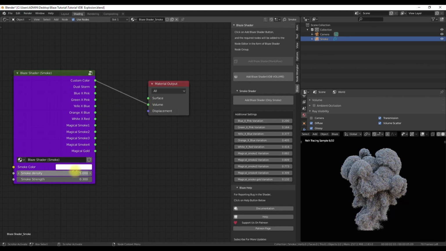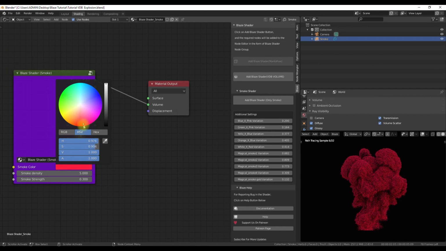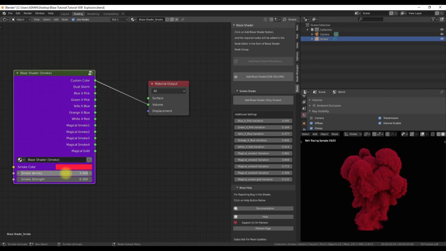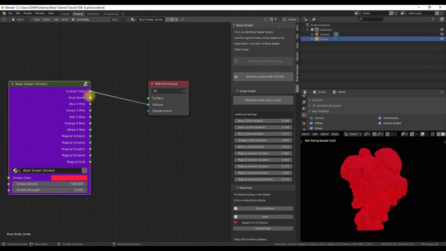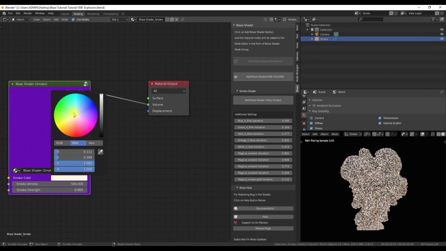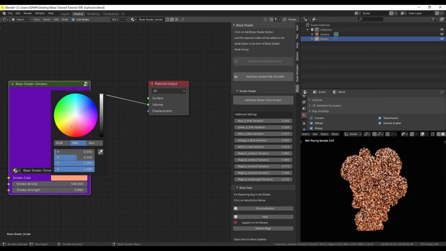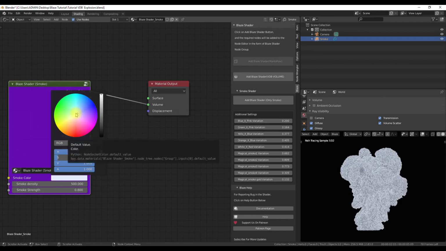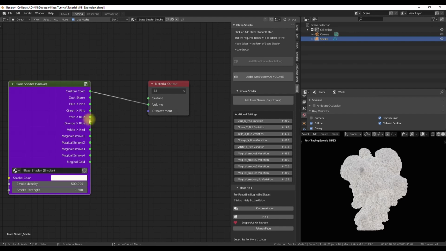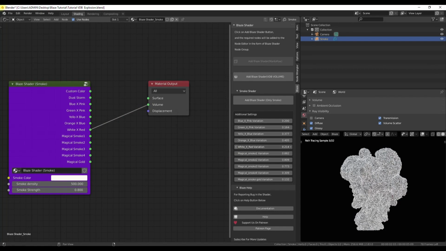And there are two inputs in the shader, smoke density and smoke strength, and as the names define, they make it very easy and handy, as there are only 2 sliders, so you can directly work on the look to the point. Changing the smoke density will change the opacity of the overall smoke in the simulation, and changing the smoke strength will change the emission of the smoke. And if you want your smoke to glow, you can turn up the smoke strength, and using this you can create results like these.